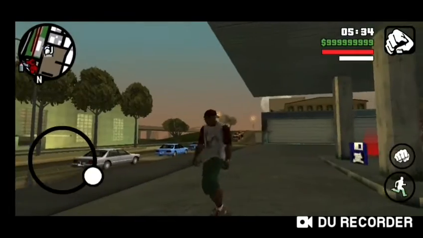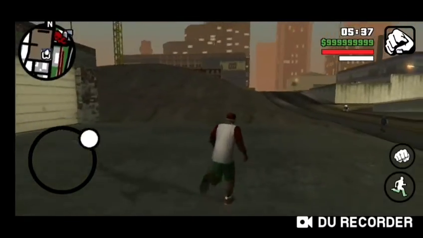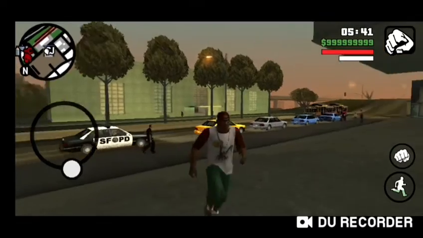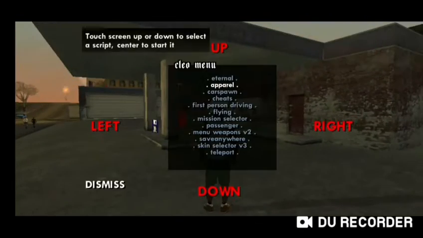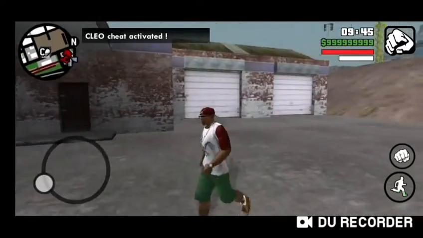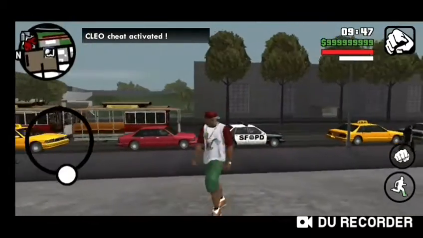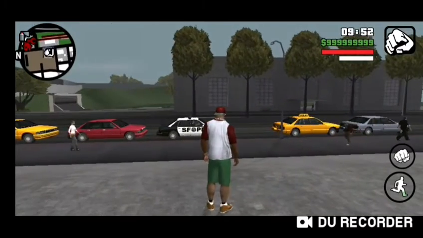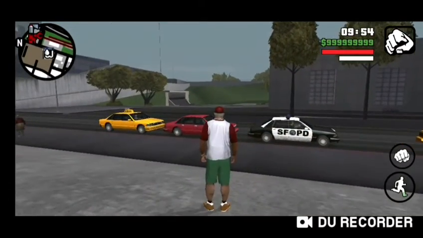So we have got new clothes for our CJ. That gives more of a gangster feeling. I'll just change the time right now. One minute. Yes. There we go. CJ is looking beautiful, huh? So this was our first Clio mod, the apparel mod.